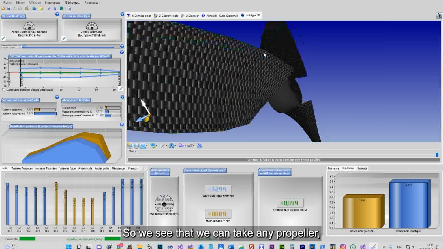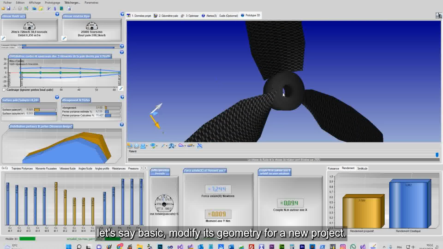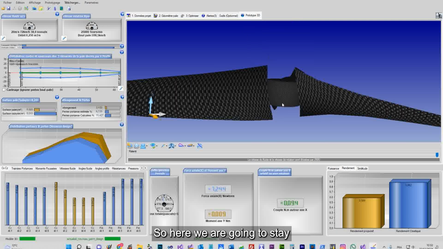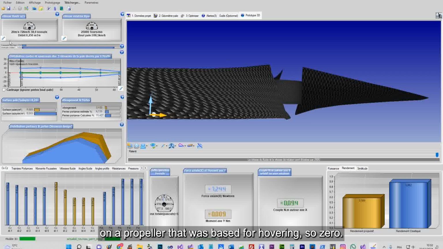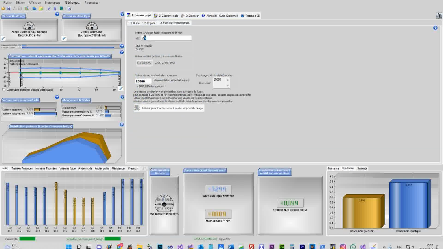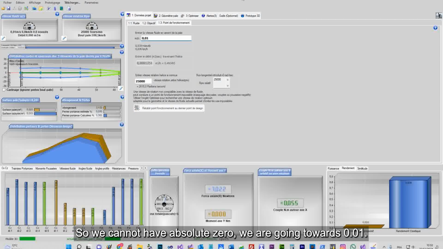So we see that we can take any propeller, let's say basic, and modify its geometry for a new project. Here we are going to stay on a propeller that was based for hovering, so 0. We cannot have absolute 0, so we are going towards 0.01.